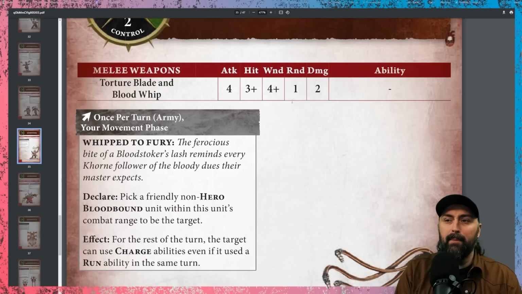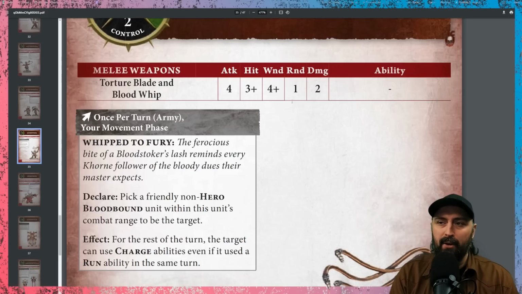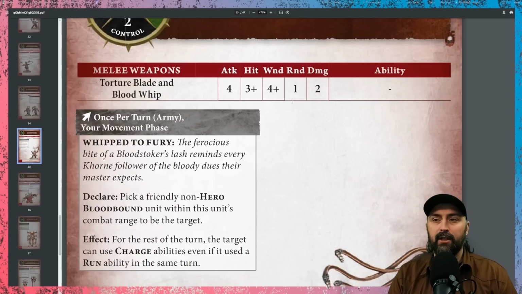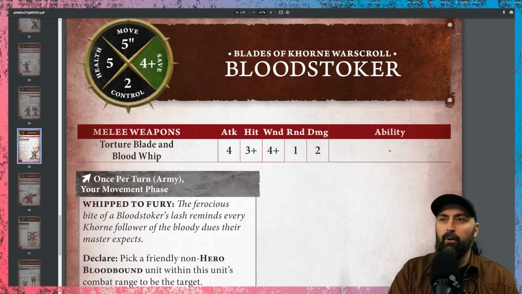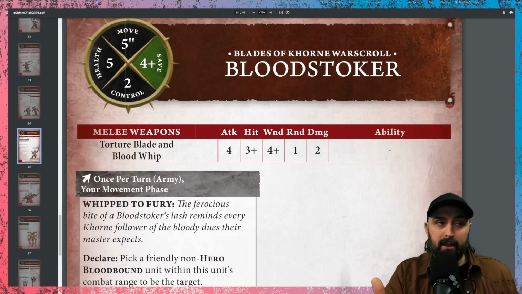Using Whip to Fury, you can pick a friendly non-hero Bloodbound unit with this unit's combat range to be the target. For the rest of the turn, the target can use charge abilities even after it used a run ability. This is great, especially with all your punchy combat units like Skull Reapers. So being able to make them run and charge is going to make them super fast and very effective. So a great unit and a great support piece if you want to make your slower infantry units move further